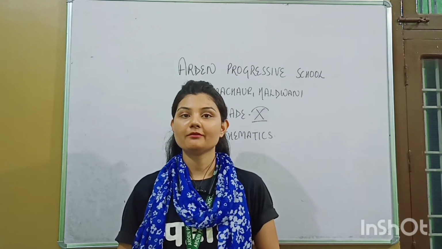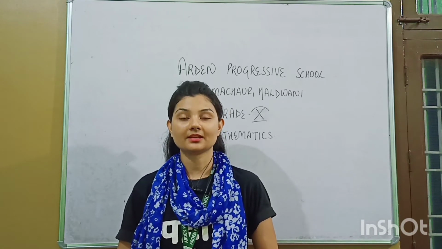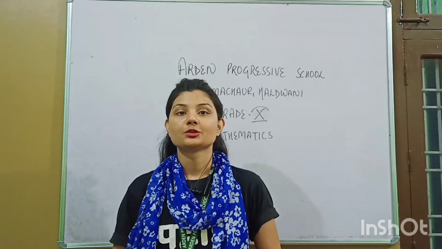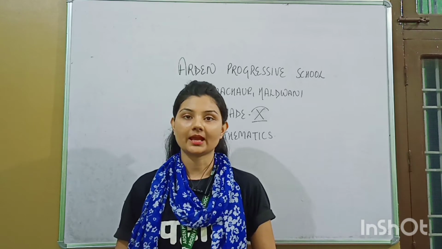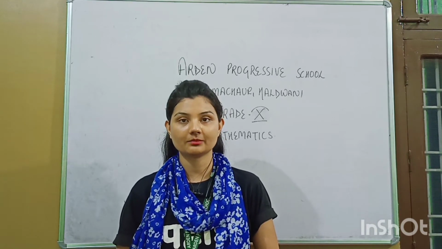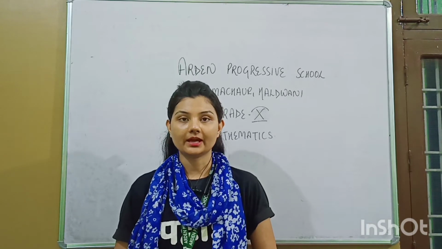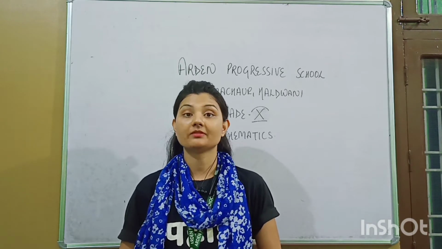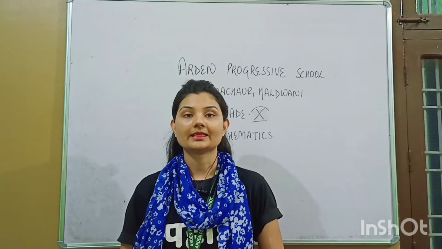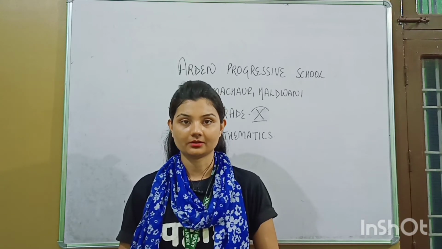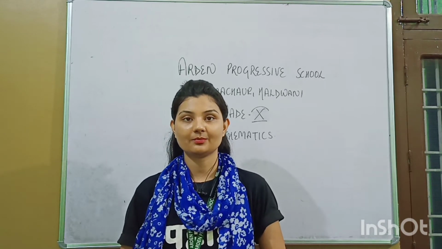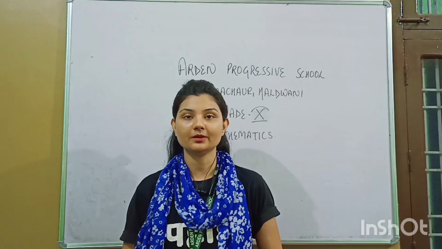In the last video we have done up to exercise 3.3, question number 3, and some parts we have done. So today we will start from the fourth part of question number 3. After completing this exercise, we will move towards a new method to solve linear equations, called the elimination method, and that is the simplest method. So first let's start exercise 3.3 and then afterwards we will do the elimination method.